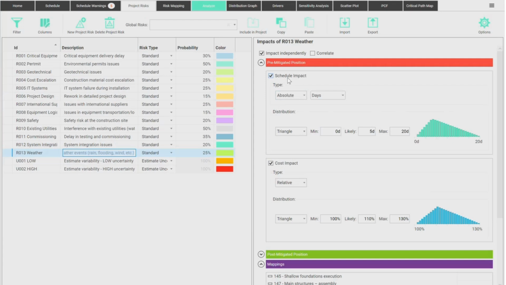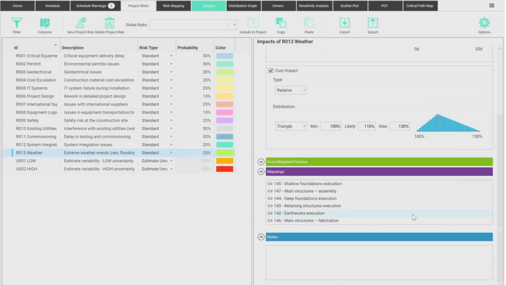The impact on my schedule in this case is not a relative number. It's not a percentage. It's a number of days that I delay. So I may delay my task by 5 or up to 20 days because of this event. And it is an independent event. It might rain when I'm doing the earthworks, but not rain when I'm doing the foundations, for example, okay?